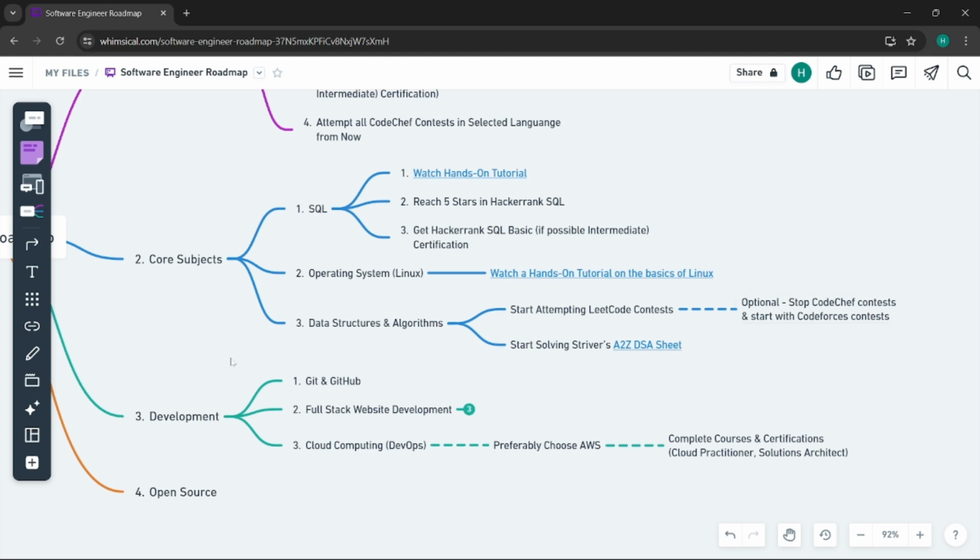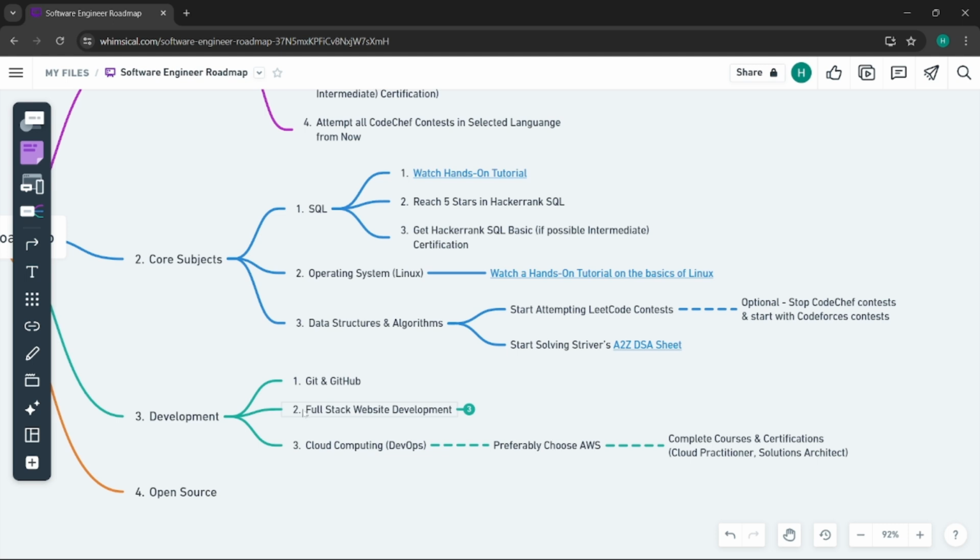Okay, so let's go to this one, full stack website development. Here you completed Git and GitHub. You can watch some YouTube videos, some playlists, I will say. If you are learning any topic and you have very little time, if you are having an interview or something, you can go for one-shot videos, but you have to understand the complete topic in depth. You can choose the playlists which are available, right? The topic-specific playlists.